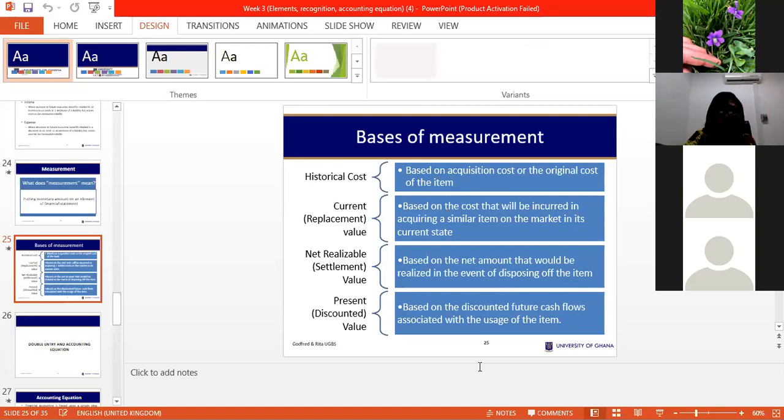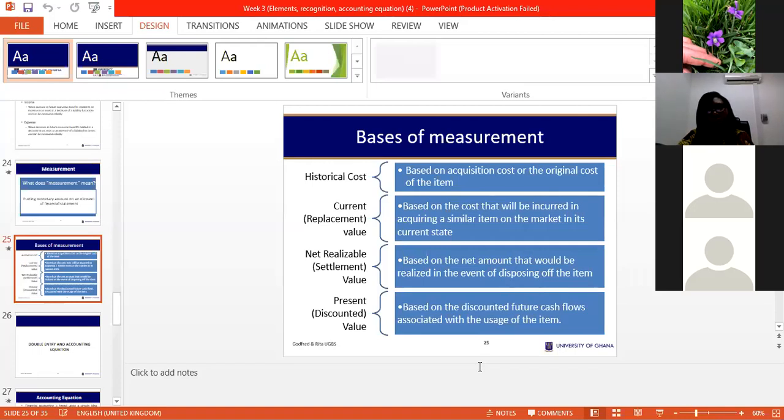So that is it. The last one is normally used for projects where businesses have invested in projects. So for instance, the oil rig, we expect the oil rig to attract future cash flows. But if you expect 10,000 next year, time value of money, 10,000 next year is not 10,000 today. So you have to do what we call a discounting. You have to discount it based on an interest rate to the present value of the usage of the item in order to record it in the books.